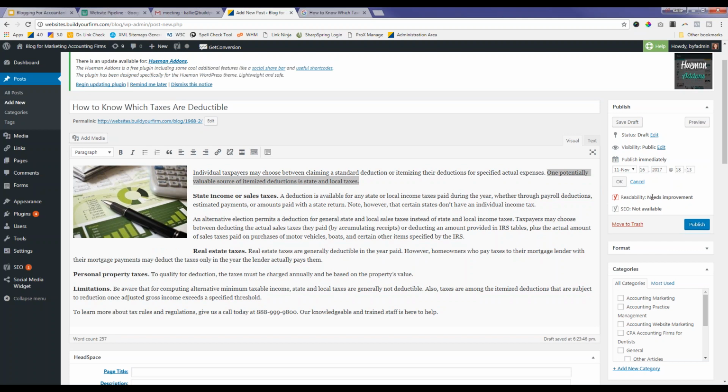Come in here, grab a couple from the content library, post a few pictures in here, and you could actually get quite a few months done in less than an hour. You could get quite a few done if you were using all of the articles from the content library. So I would just go ahead and hit publish and this would go out. But that is really the basics of creating a blog post.